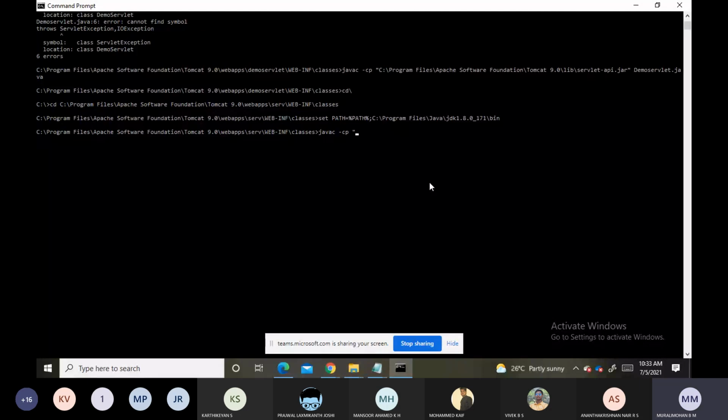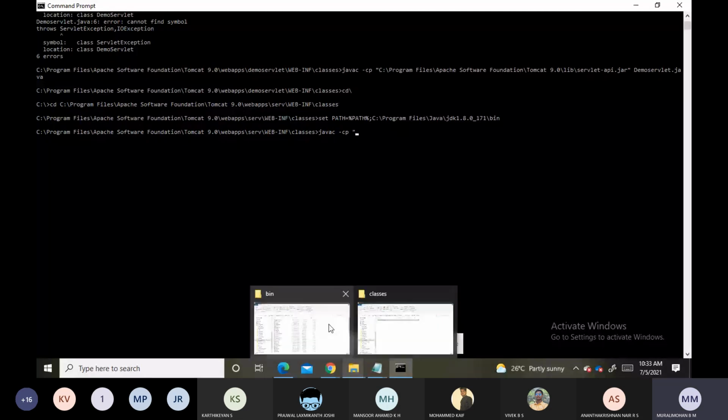Inside this we should specify the servlet API file. Where is the servlet API file? We will get the path of that. From where? Again go back to Program Files.